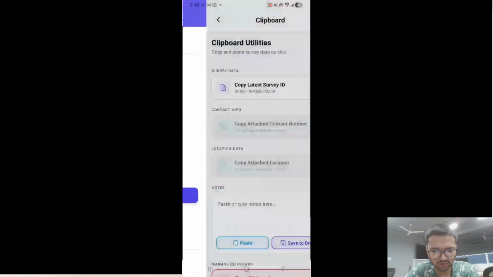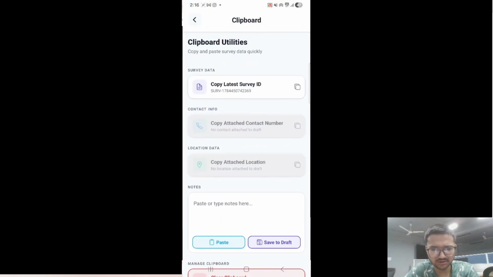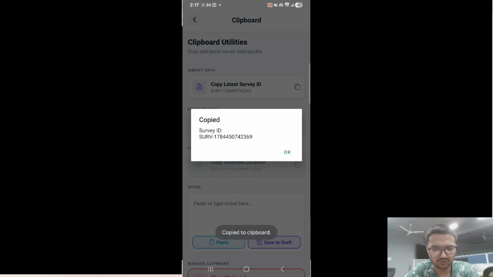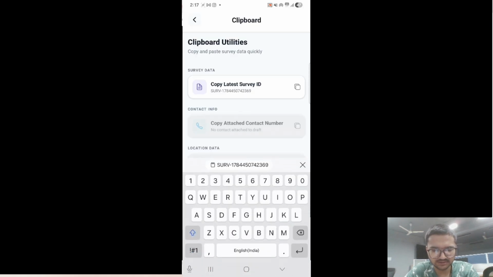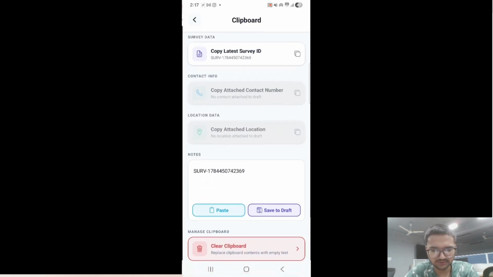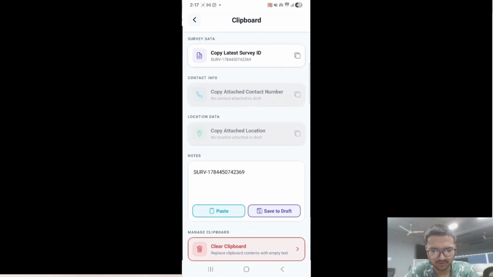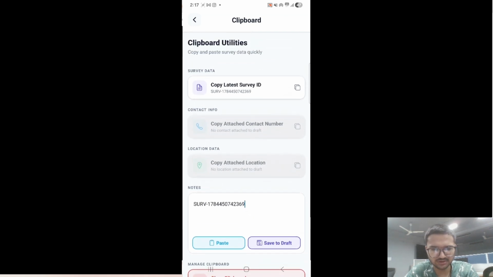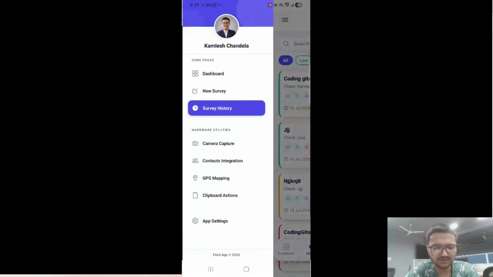The clipboard is not used in the application, but it is one feature of React Native, so we use the clipboard. This is copy, and then we see paste. It is a React Native feature, but it is not currently used in this application. It is also used in location copy, because when we send our location to any other person, we use this clipboard part.